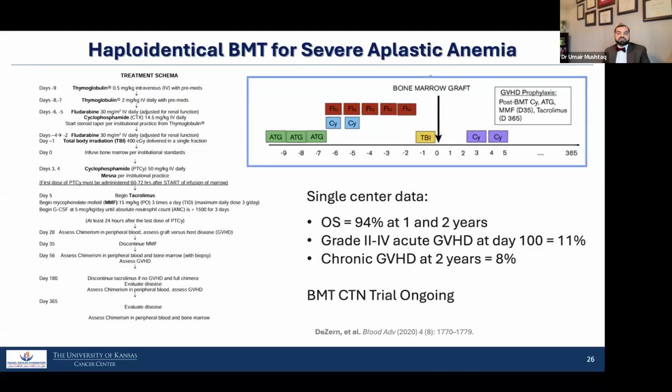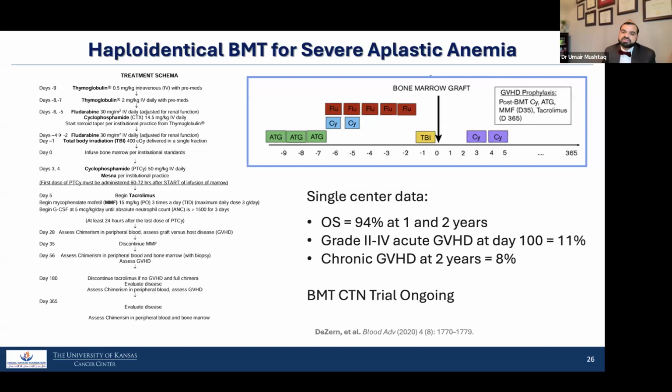Now, looking at non-malignant disease in terms of severe aplastic anemia, now we suggest haploidentical transplantation upfront. There is single center data from Johns Hopkins looking at upfront transplantation. The overall survival is 94%. GVHD rates are around 10%. Very manageable. The regimen uses